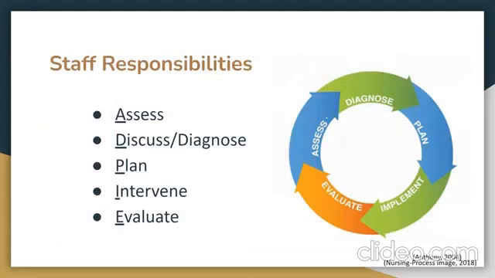So staff responsibilities: we're going to assess, discuss/diagnose, plan, intervene, and evaluate. For assessing, we would want to gather information about the subject to be changed or resolved. Whatever that may be, we want to assess the problem and get an idea of it to begin with. To diagnose or to discuss, we want to discuss with all members involved in the subject and all those who it will affect. Like we talked about, getting various perspectives from people and hearing what they have to say is very important in trying to make up a plan